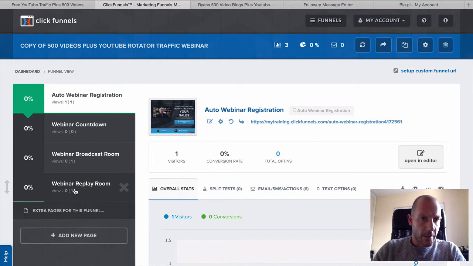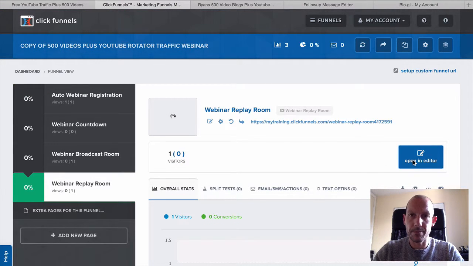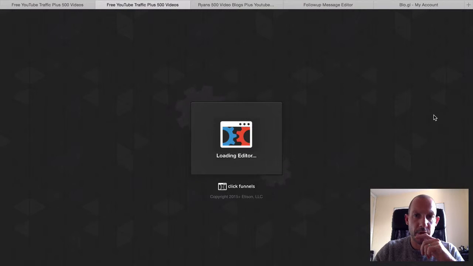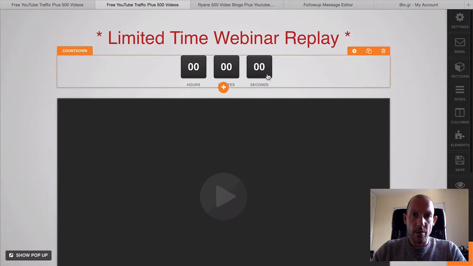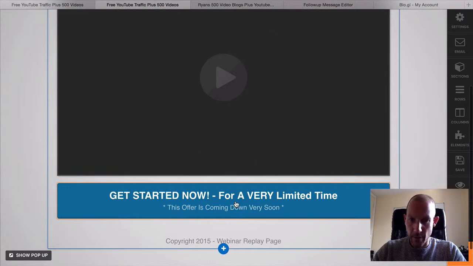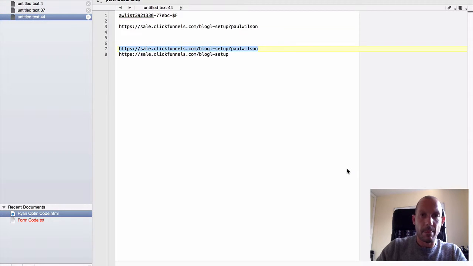Okay, and then we need to go and edit page 4. I'm going to click on edit, and we're just going to see what there is to edit on this page. Okay, we've got the video, we've got the button here. Where does that go? Alright, that goes to bloggle setup. So we need to make sure that's got our affiliate link in as well. Let me just check that. Is that the same as that one? Yes. So we just need to make sure, literally you've got bloggle setup, question mark, and then bloggle